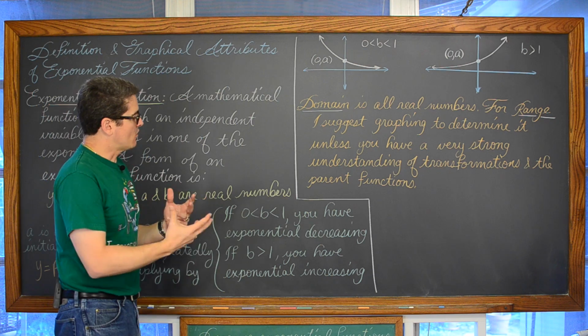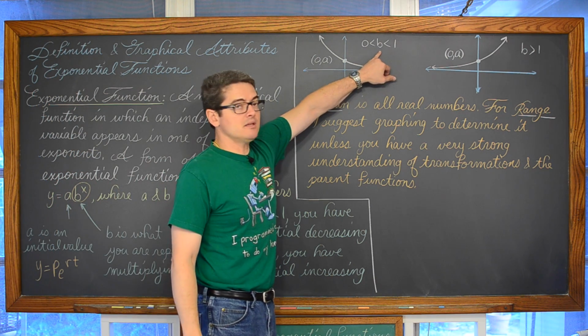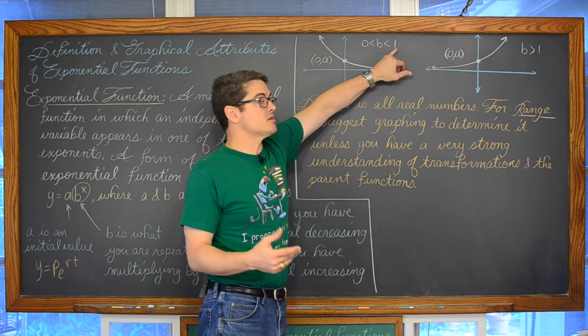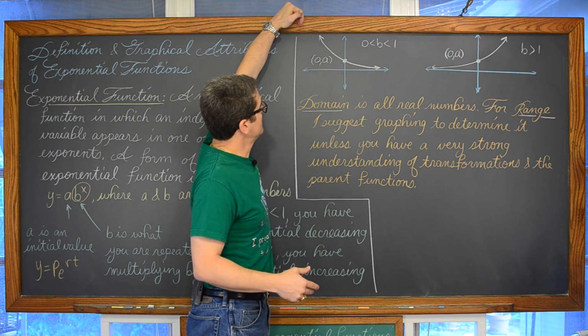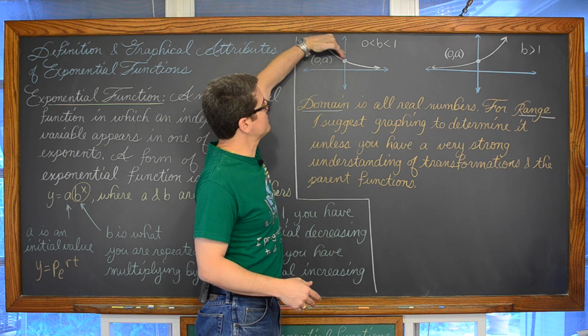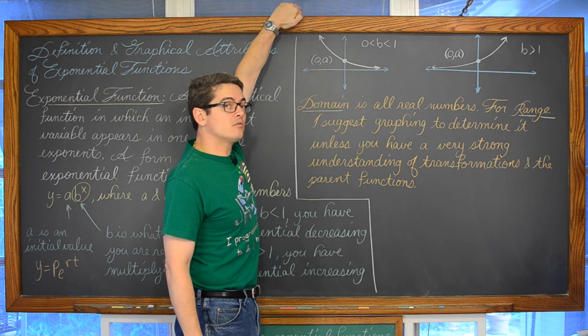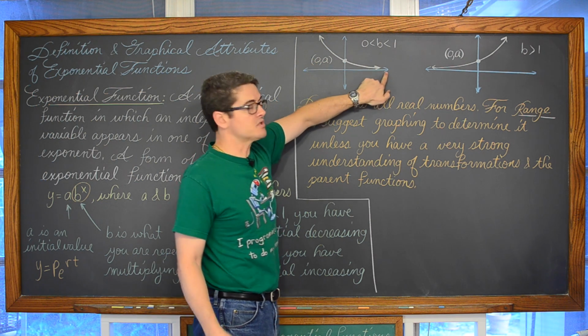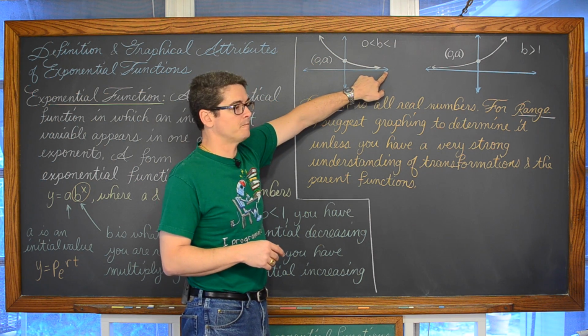So that x is only applied to the base of b, not that initial value of a. Now, graphically, if your base, b, is greater than 0 and less than 1 and you have that decay situation, you're going to have a graph in quadrant 2 approaching infinity. As you read that left to right, it's going to be coming down from positive infinity, and approaching a horizontal asymptote of y is equal to 0.